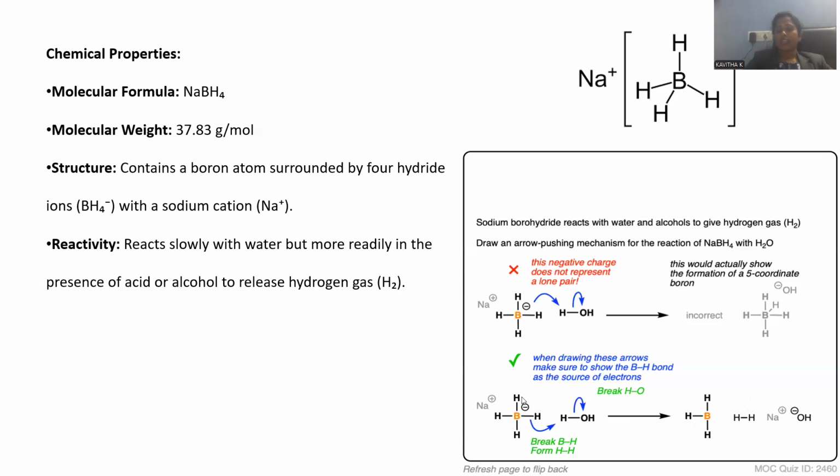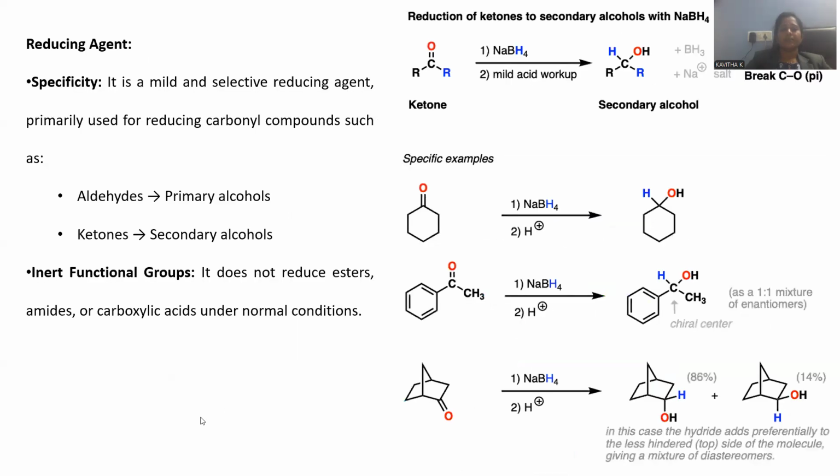Hydrogen gas originated in addition to boron trihydride, BH3, which has trigonal planar geometry, and Na positive and OH minus are there, counterbalanced as sodium hydroxide base formation. This is the way the products are generated: BH3, hydrogen gas, Na positive and OH minus. So these are said to be byproducts. Hydrogen is ultimately released within the reaction of sodium borohydride by the hydration process.